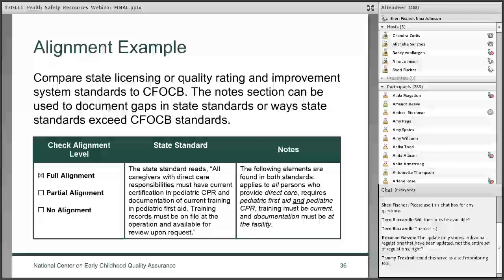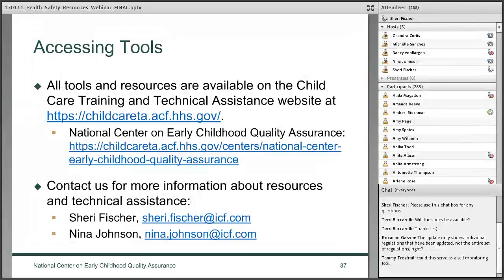So that's the last of the tools that we're going to demonstrate today. This slide here provides the websites that you could visit. All of the tools that I've mentioned are located here, and also in the slides have the direct links. But we have the Child Care Training and Technical Assistance website, which includes our Early Childhood Quality Assurance Center, but also all of the other centers in the child care TA system have pages on there.